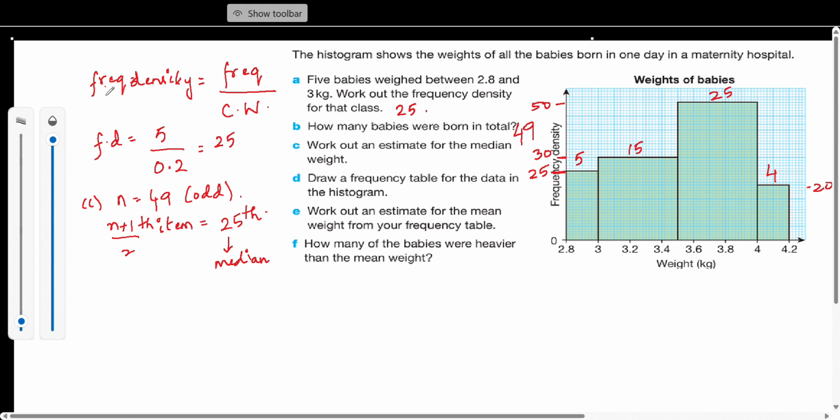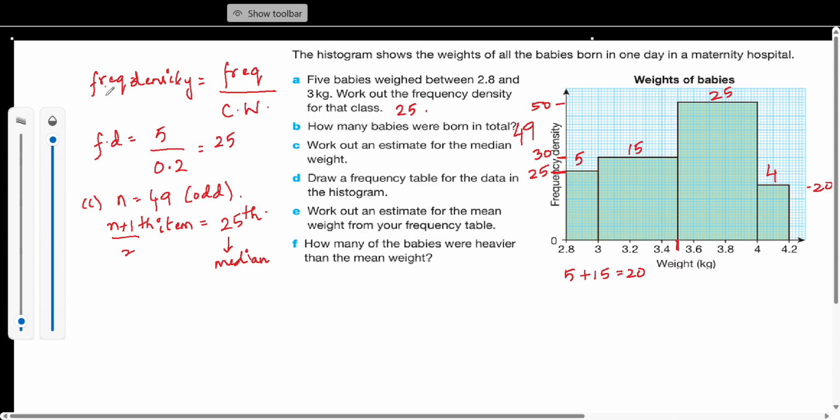For that, what we should do is, the first bar is 5. The second bar is 15. These two add up to 20, which means our median lies in this third big bar. So, till this bar, it is 20 and we need 5 more, because 5 is the 25th position, the median. So, if we need to find the demarking line here which contributes to 5, the height